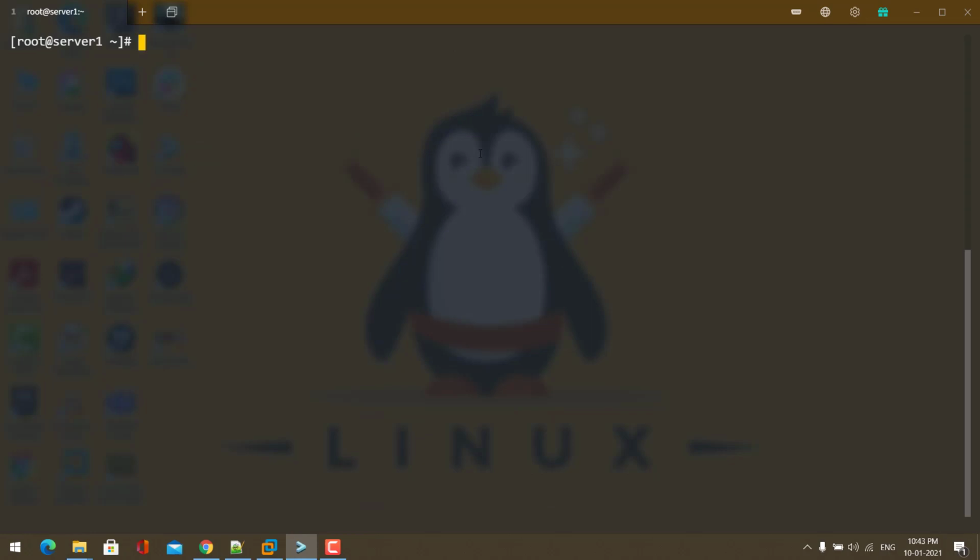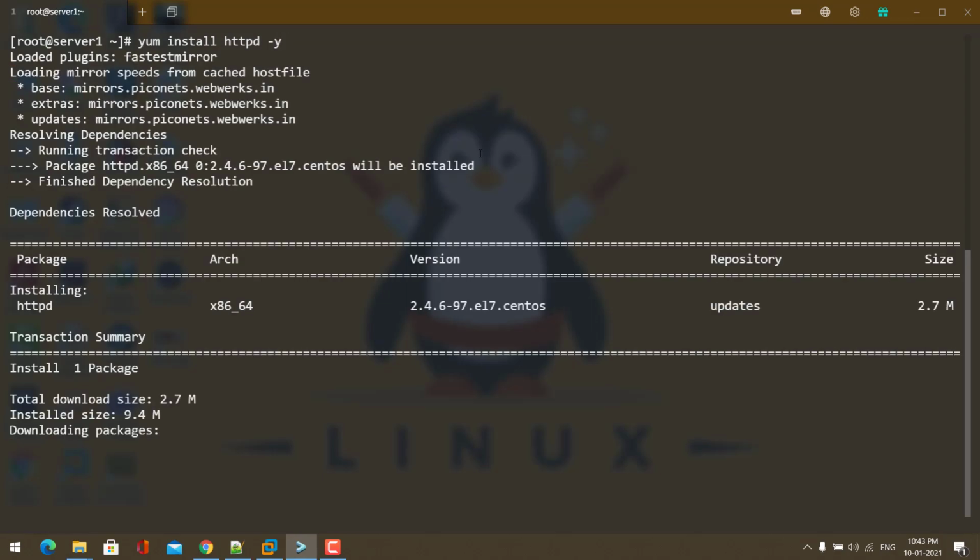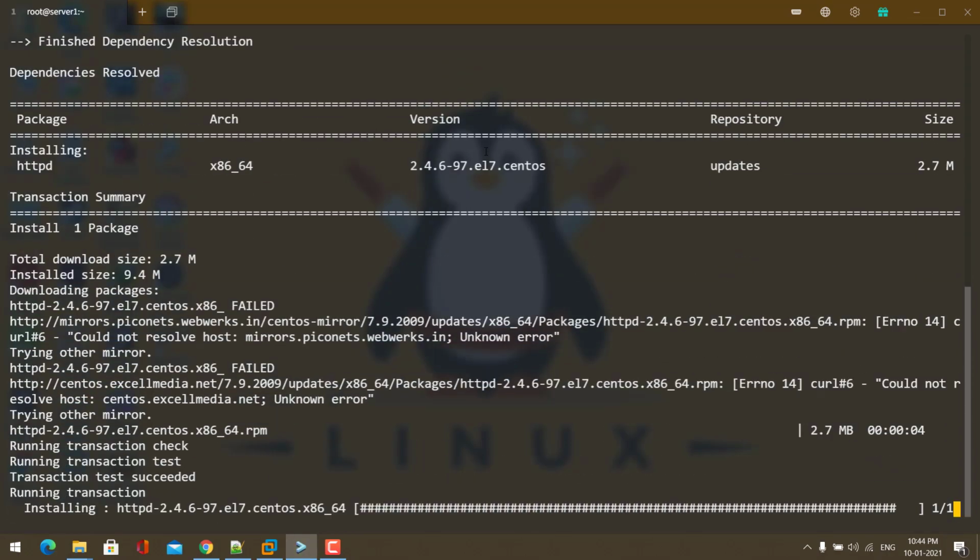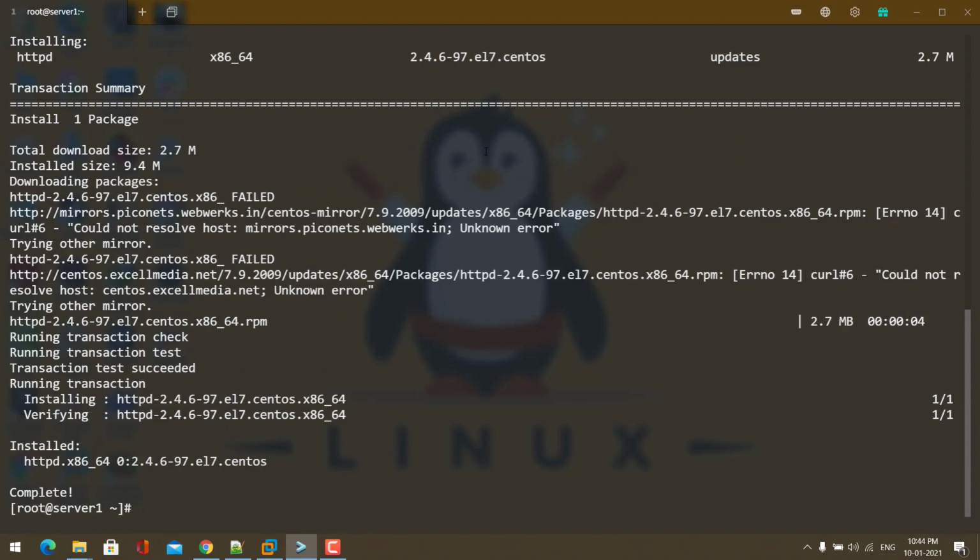For installing Apache, we have different types of methods. You can use the yum install command to install Apache: yum space install space httpd. If you use this command, the Apache installation is very easy. It will complete in a few minutes. See, now Apache is installed. So this method is like installing Apache automatically. Apache will be configured automatically and we don't need to do anything. This is one method of installing Apache.